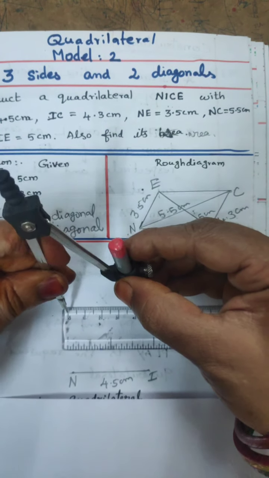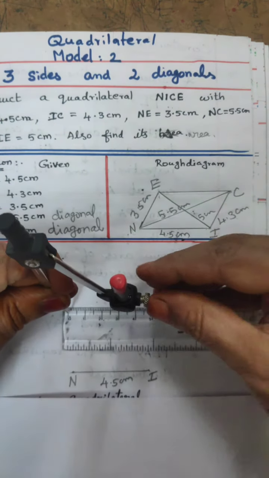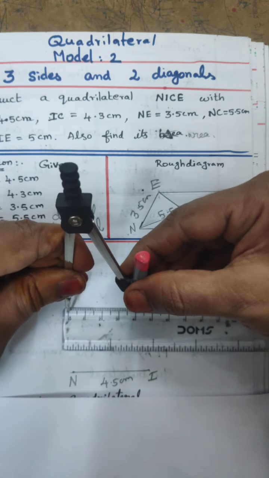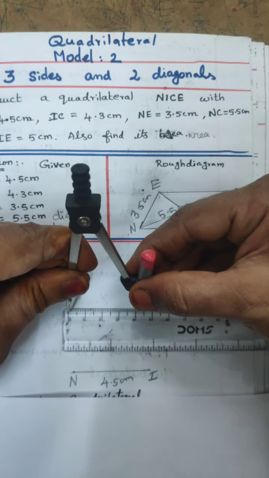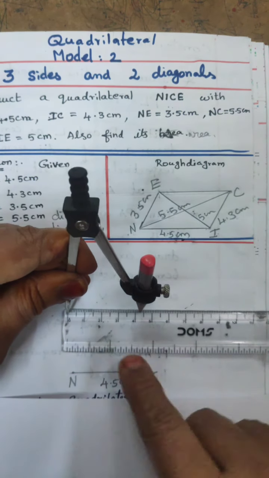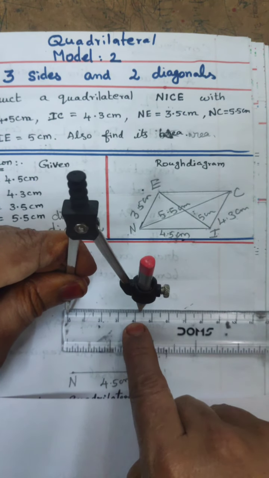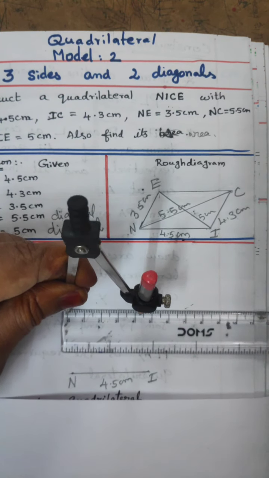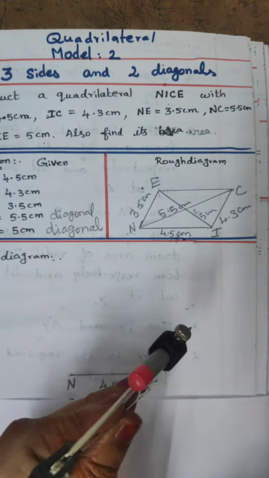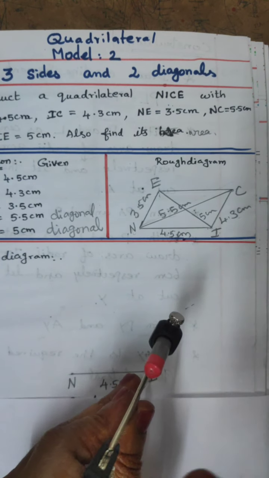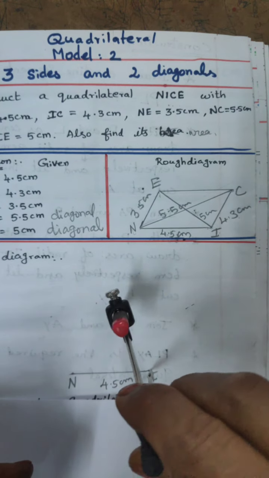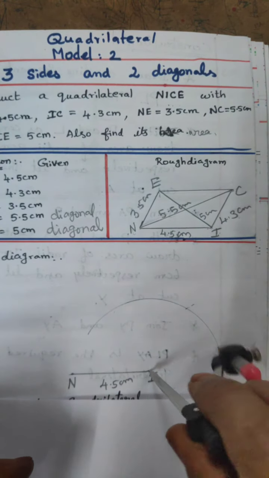0 straight. Press the compass. Next, up to 4, then after 4: 4.1, 4.2, 4.3. Small line after 4. You should not come to 3 there. Small line after 4. See that. 4.3. This measurement you keep in the compass at I point. Press tightly. It should not touch the pencil, and cut the arc. First arc you want to cut.